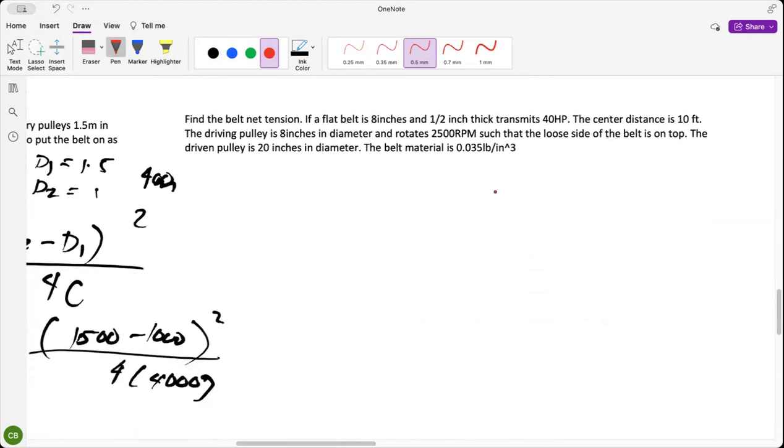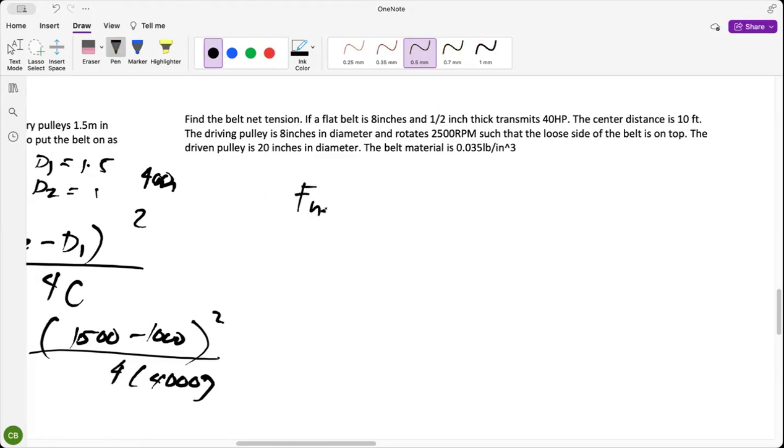So next, find the belt net tension if a flat belt is 8 inches and 1/2 thick transmits 40 horsepower. The center distance is 10 feet. The driving pulley is 8 inches in diameter and rotates at 2,500 RPM, such that the loose side of the belt is on top. So the driven pulley is 20 inches in diameter. So the belt material is 0.35 pounds per inch cube. Okay. So in order to get the net tension, we have